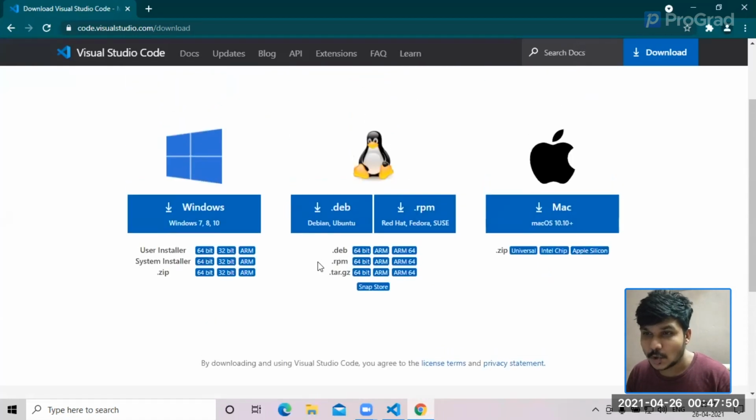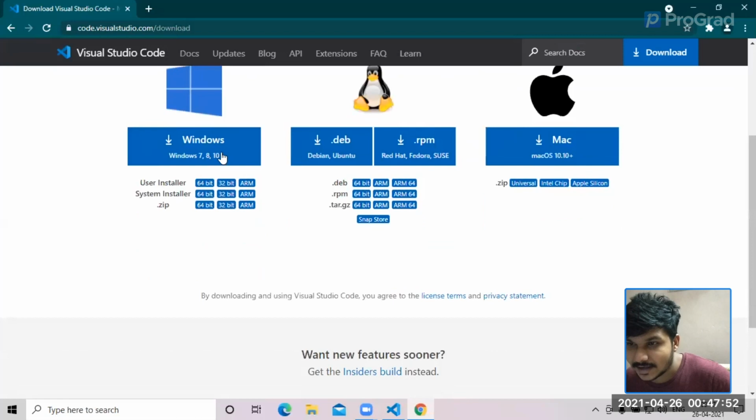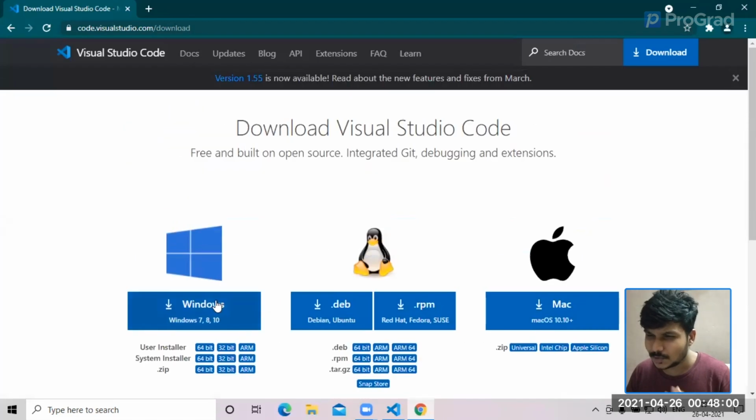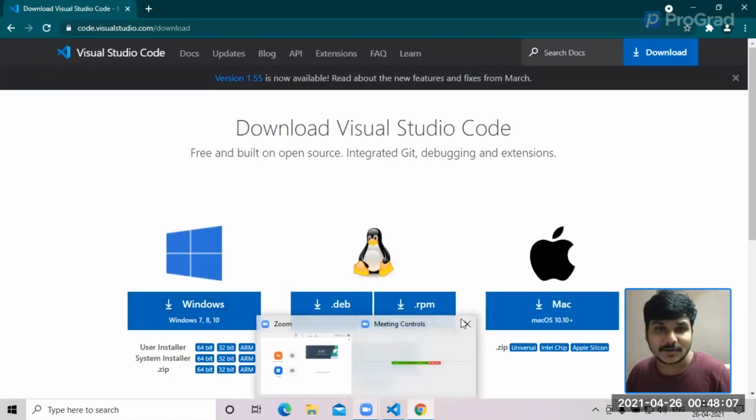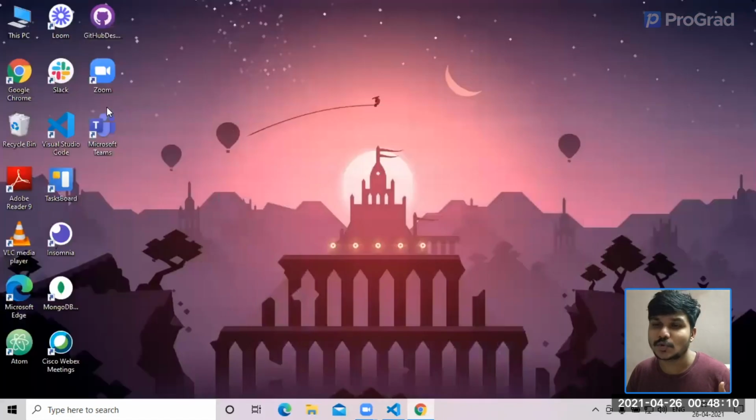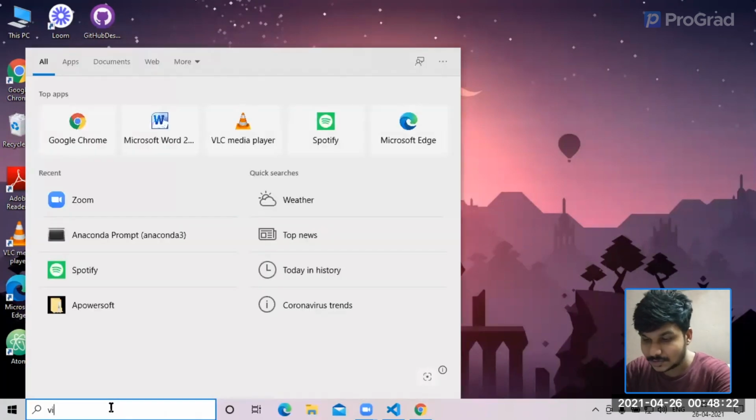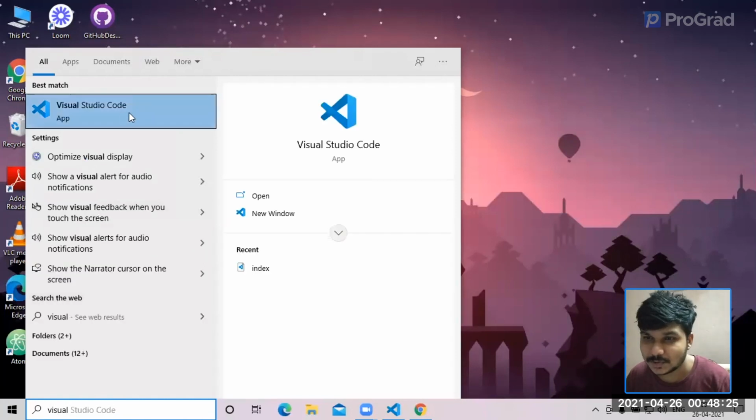You can find all the links in the description. Just click download here and click next, and then you will be able to install Microsoft Visual Studio Code successfully. As soon as you run this exe file, click next, and then click install, it will install. After that, you will be able to see Microsoft Visual Studio Code on your desktop, or else in your C directory. You can also type here and search Visual Studio Code, and there you go, you can see Visual Studio Code here.